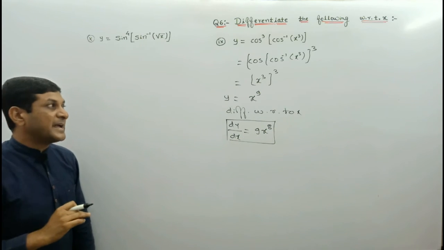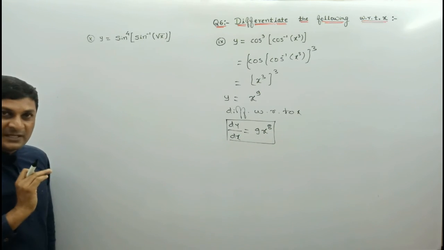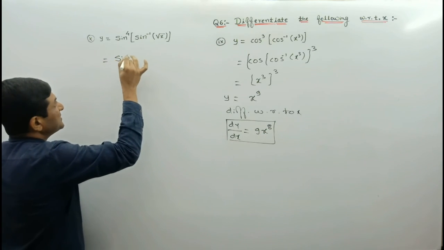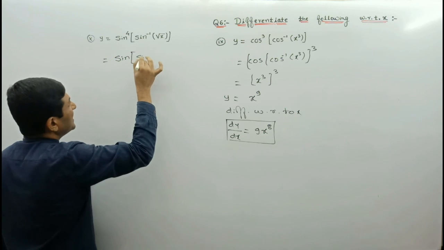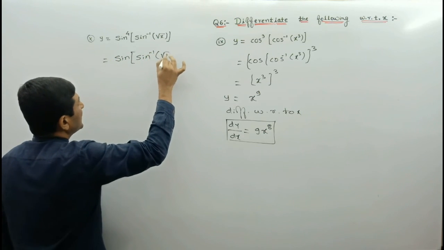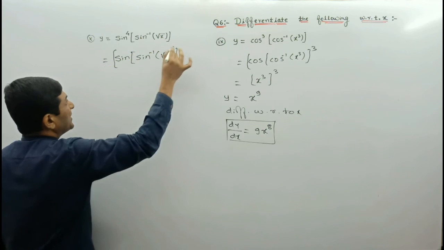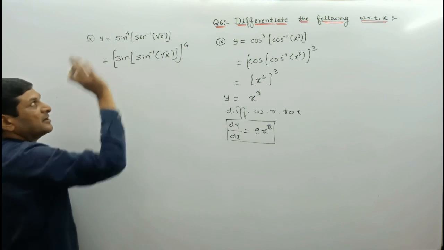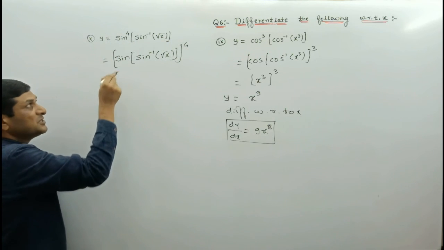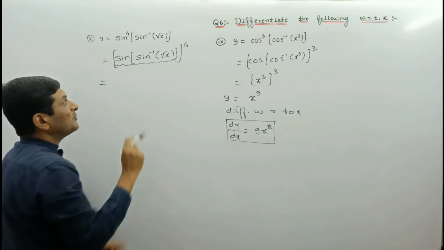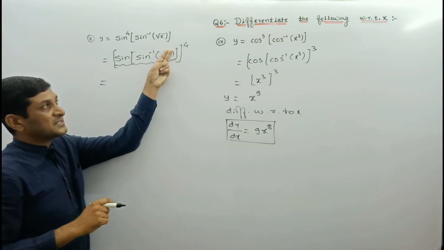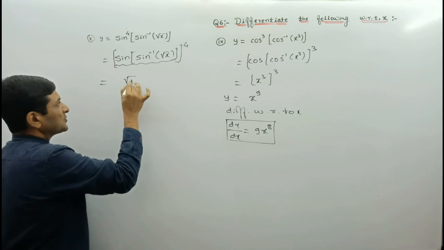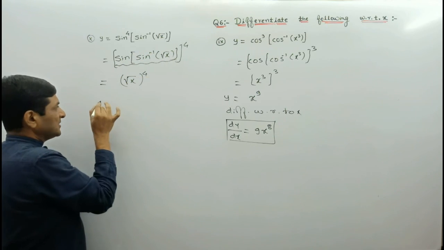Same method we are applying to solve the last example from this question number 6. Here also sine, keep it as it is, and this expression can be written as sine inverse of root x raised to power 4. Just this power, we have a facility, either write down this power here or write down this power here. Now this expression is in the form of sine inverse of x. So our property says that sine inverse and sine will get cancelled, so remaining term is root x raised to power 4, keep it as it is.